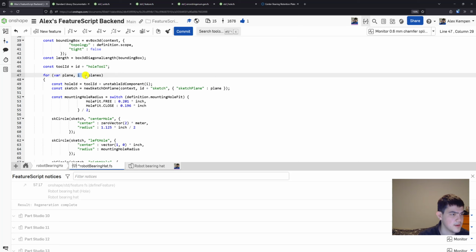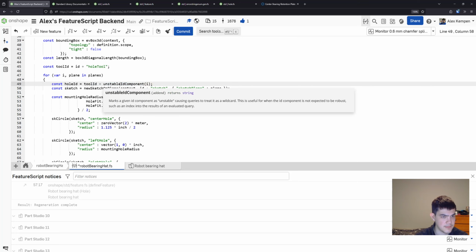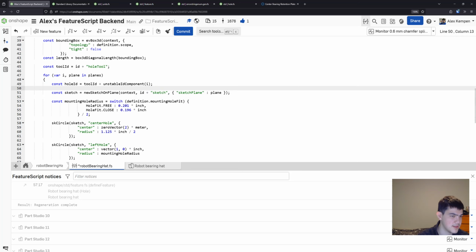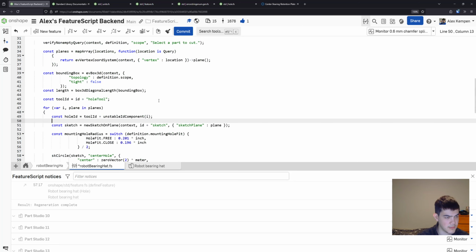But yeah, there's fancy loop syntax. I can loop over everything in an array, and I can also get the index while I'm doing it. I want to say it's like that. I'm not sure. But basically, this unstable ID component is going to be the secret sauce that allows us to associate it with. And then we can associate this unstable ID component with our selection by doing,